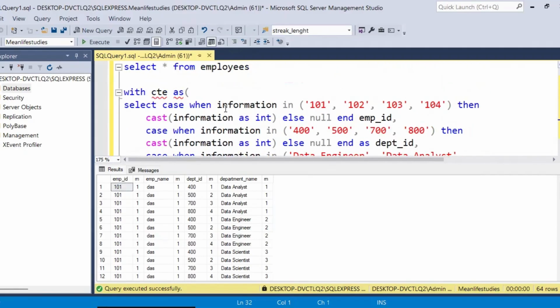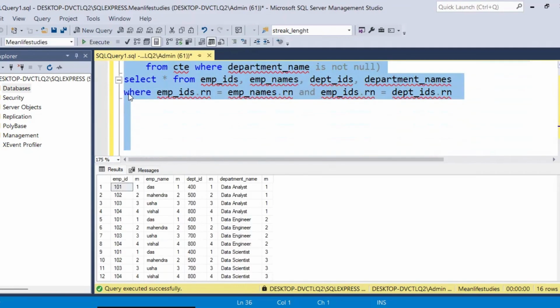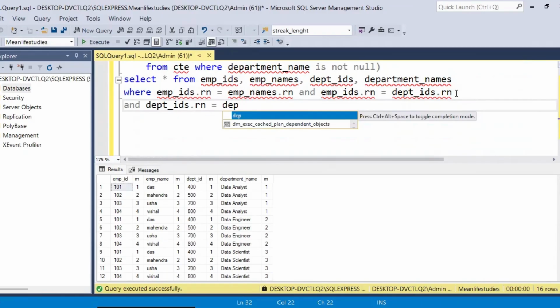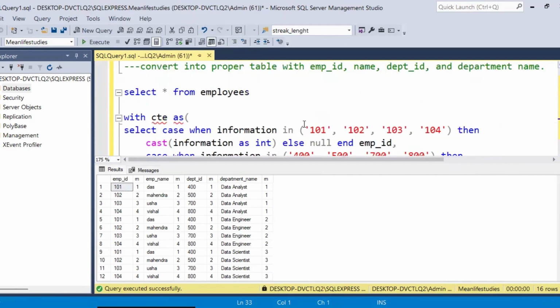You can see now. If I try to execute this one again, you can see here we are getting 16 records, right? But still we'll be getting more records. But now there is one more. So we can join again on dept_ids.rn equal to department_names.rn. You can also join individually by considering different tables, no problem. But I'm just using equijoins, okay? You can also use normal inner joins, no problem. Now if I try to execute this entire query,